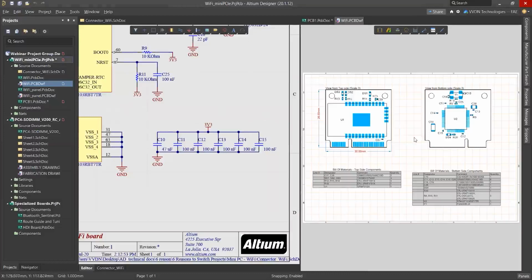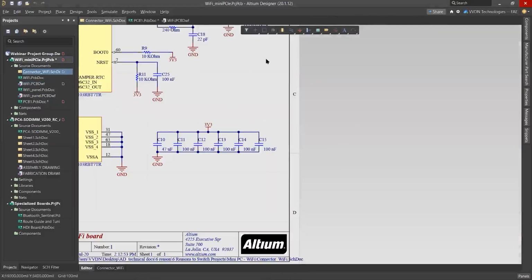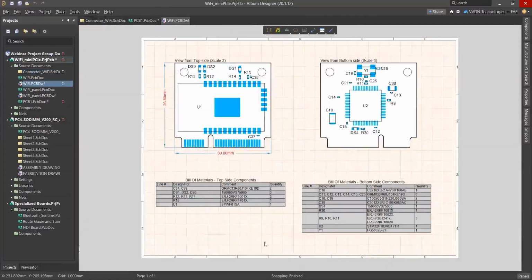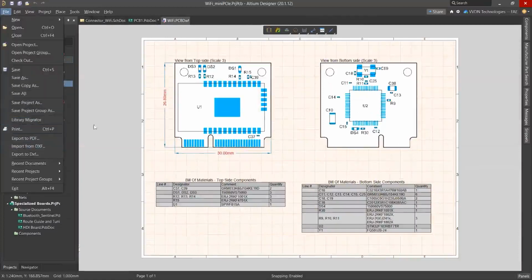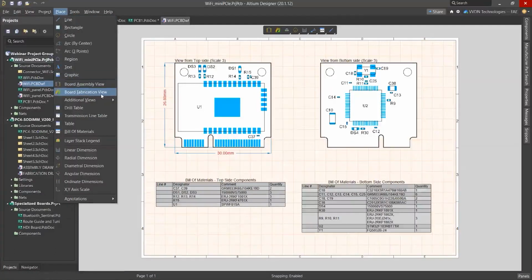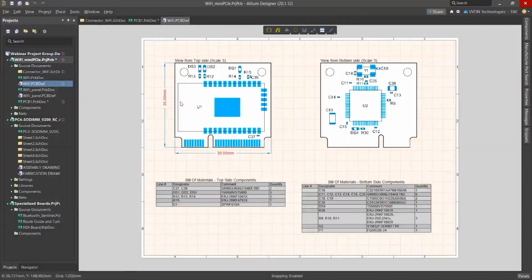Here you can see, and we can merge this. So under documentation also we can add. Here you can see under files we can do this LTM documentation. This is called draftsman documentation. And under documentation, from the place option we can place board assembly view, board fabrication view and aggregation view also. So these things we can do within a single tool chain.